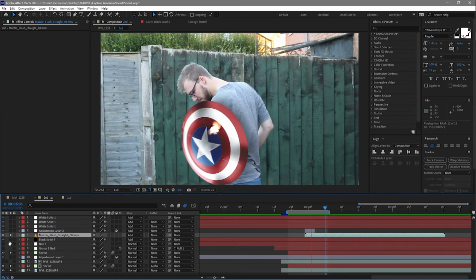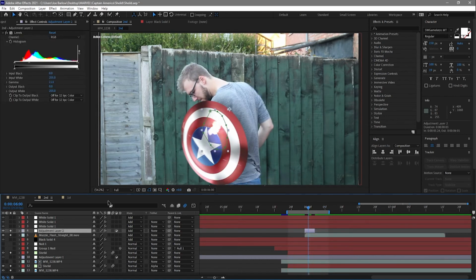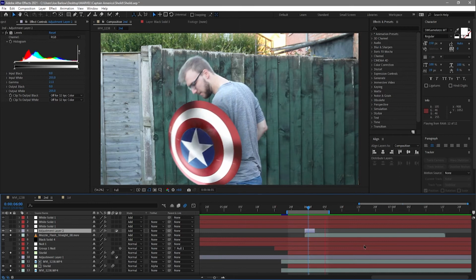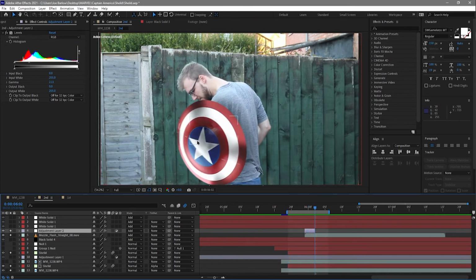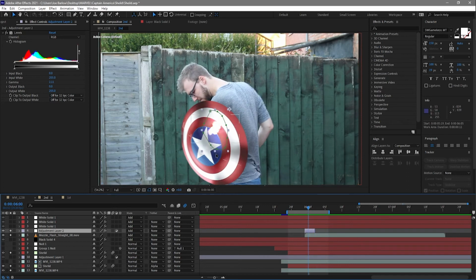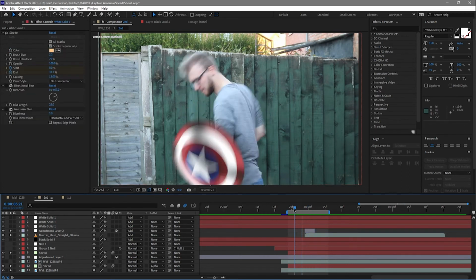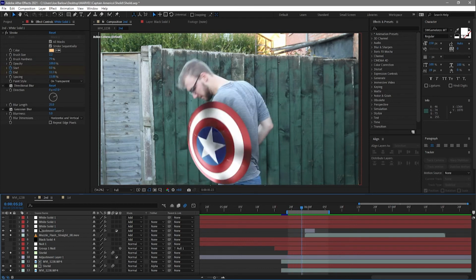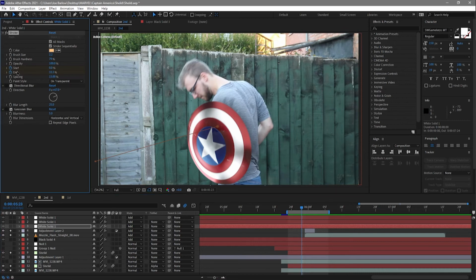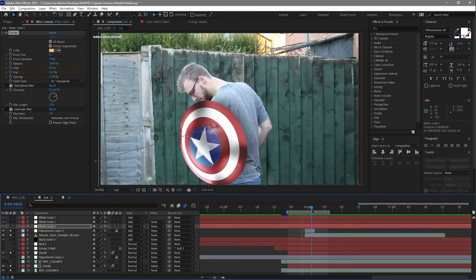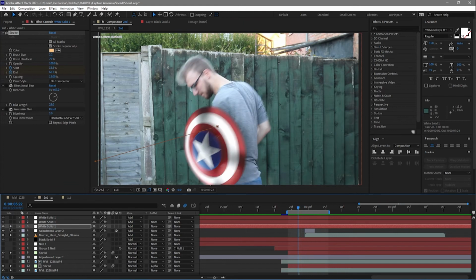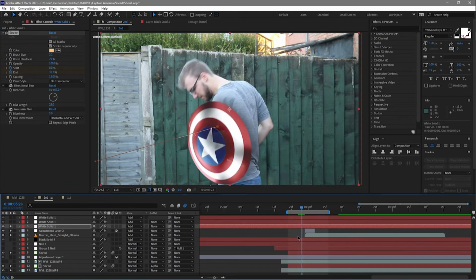Looks like that there. I've then gone ahead and added an adjustment layer just to brighten up the area around it, like that, and I've used a mask to cut out that specific part on the shield so it doesn't brighten up the entire shot. I then wanted to add a bullet trail to this, and the way I've achieved that is getting a solid, drawing a line on it using the pen tool, adding stroke to that and animating the start and end, and what that gives me is a nice bullet trail like that.